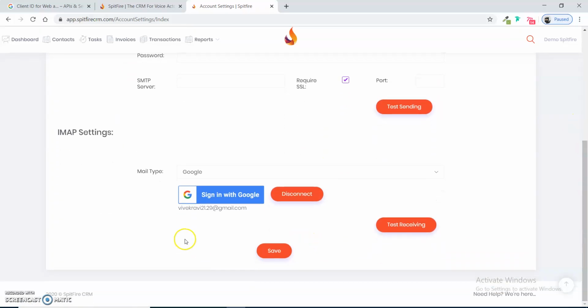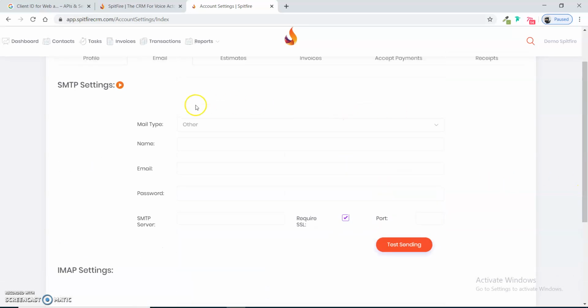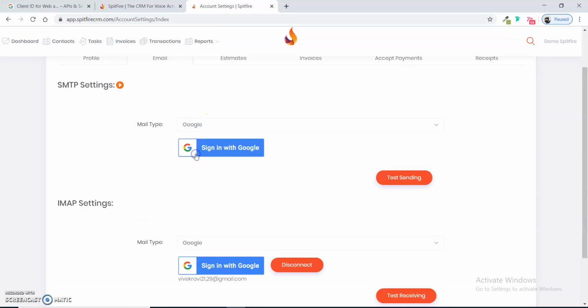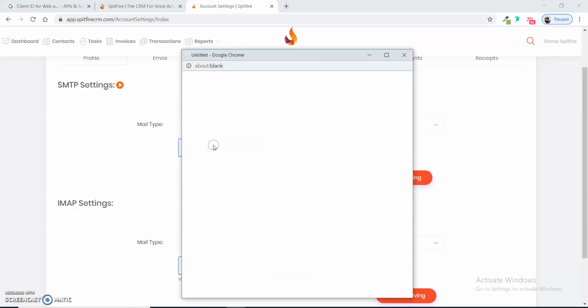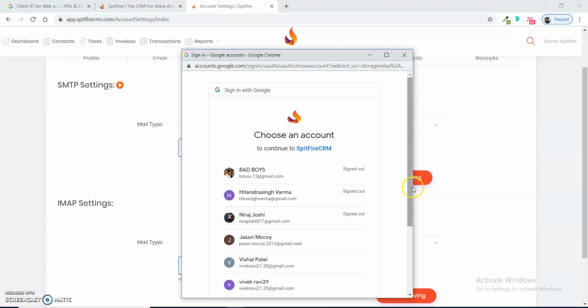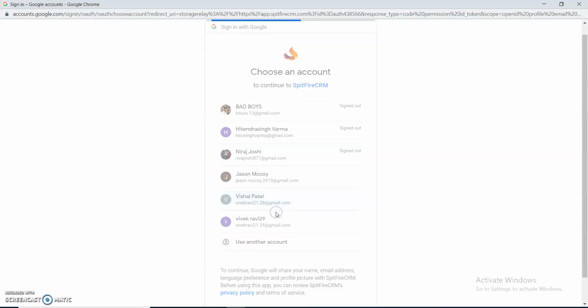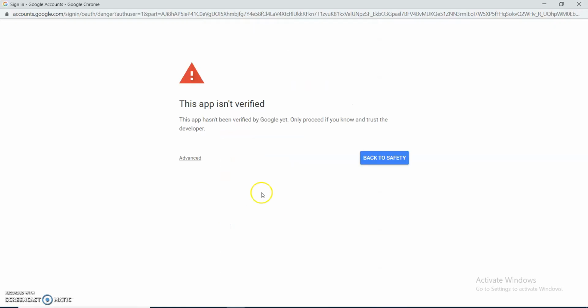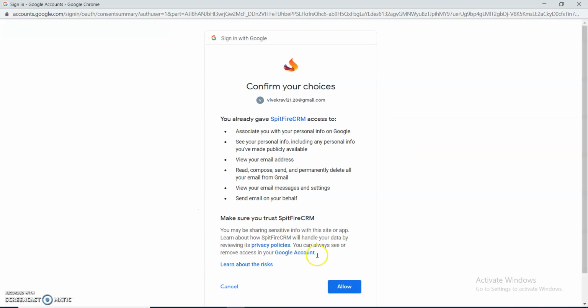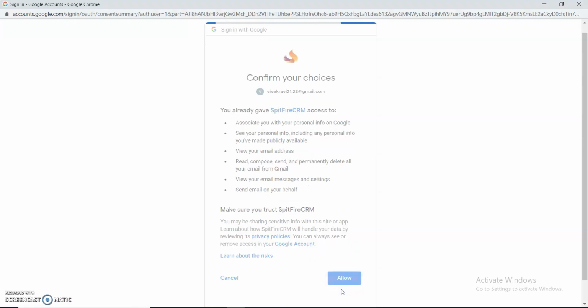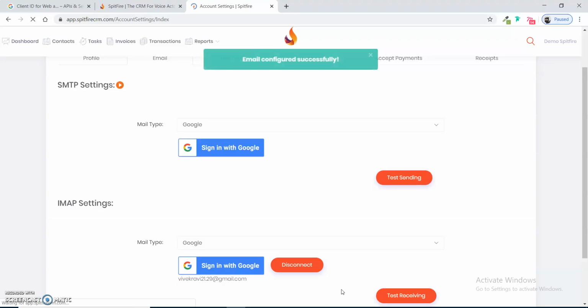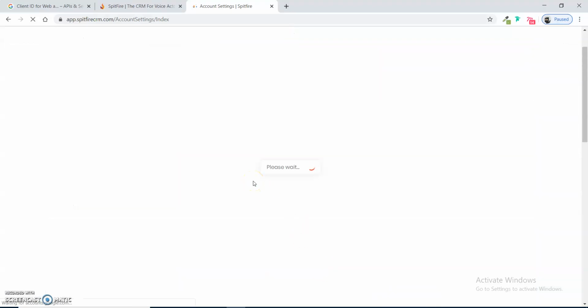The IMAP settings account we are using for email reading purpose only, and for email sending we are using the account which I will connect here in the SMTP settings section. Okay, so the email is connected successfully.